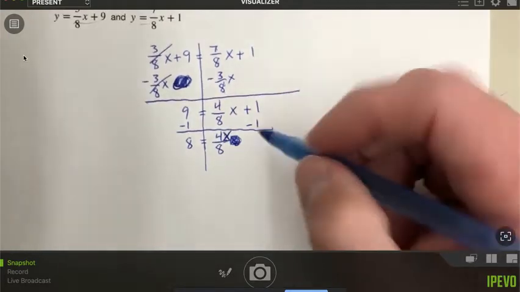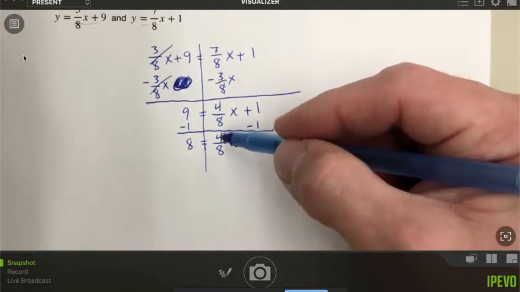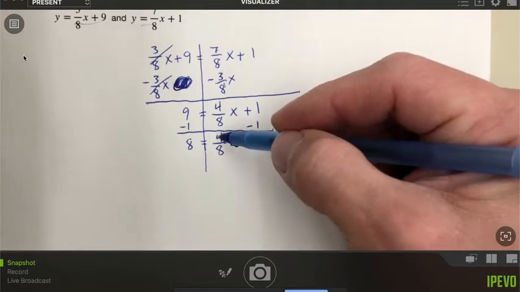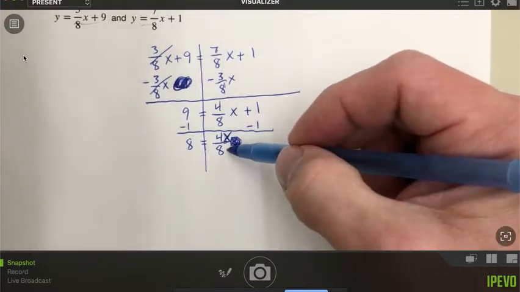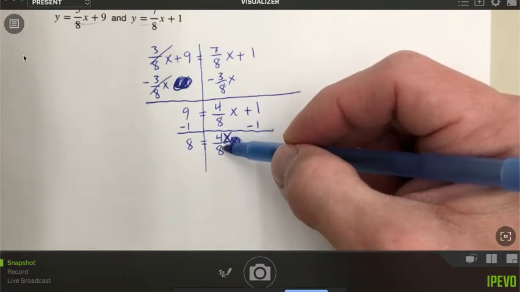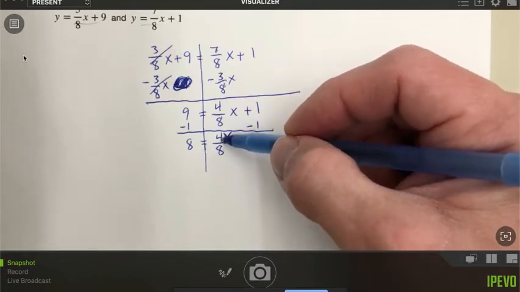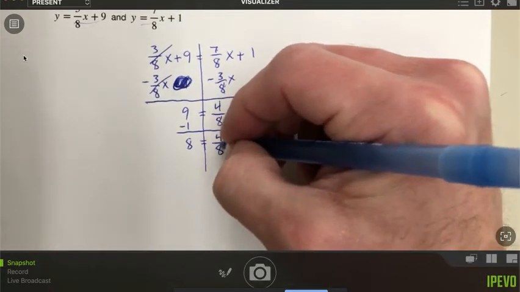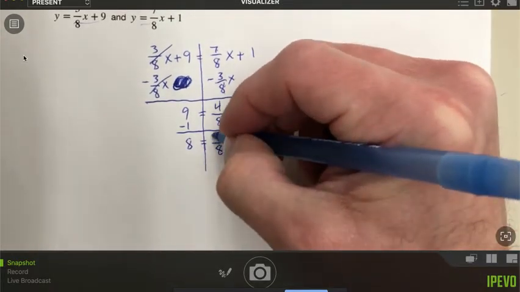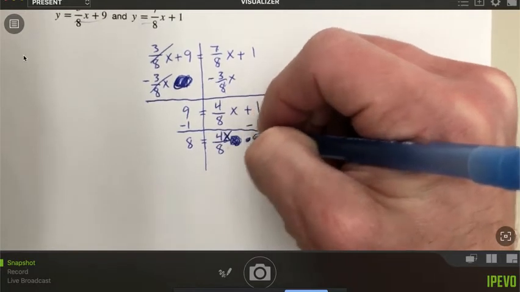So I'm going to think of this as, instead of 4/8 x, I'm going to think of it as 4x over 8. My denominator is 8. This really means 4x divided by 8. So whenever I see a fraction and I don't want it anymore, since it's divided by 8, I can just multiply